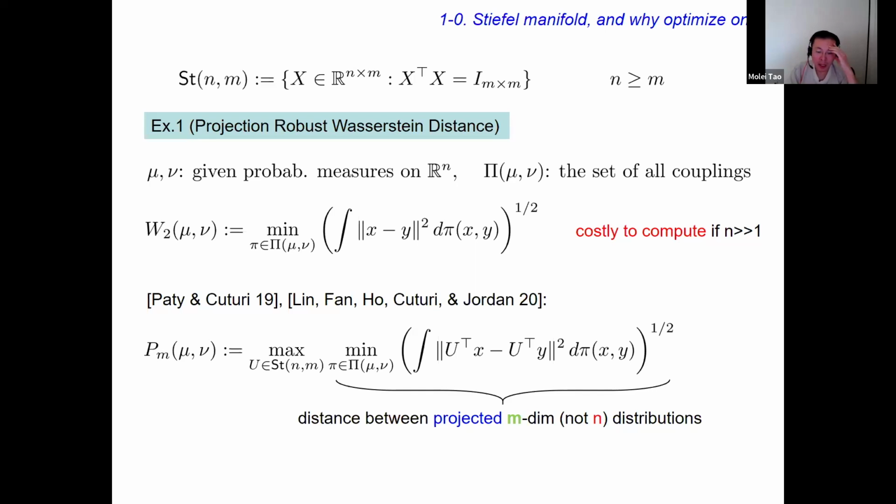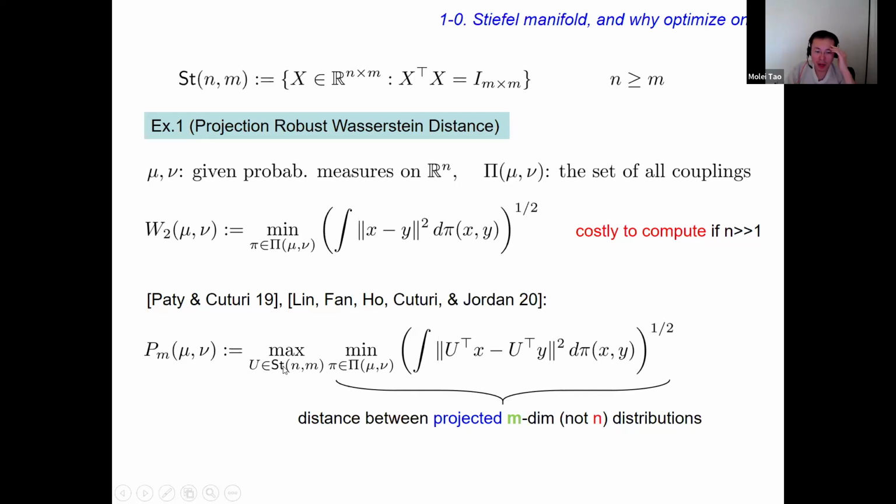So if you are lucky, and your data actually has a low dimensional subspace structure, so suppose most of your data points are actually concentrated near a subspace, then you can basically look for this subspace. Like before, we can encode the subspace using an element in the Stiefel manifold. And then you can prove that if you consider the projection of mu and nu to the subspace, the computation of the Wasserstein distance is basically what I have circled here. So you can just compute this quantity in order to get the distance between the projected distributions.